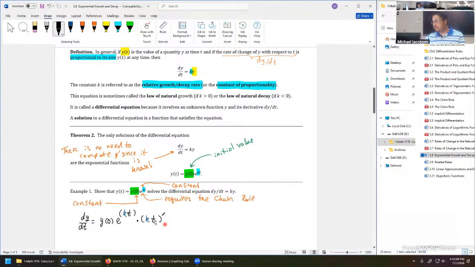Now, one last derivative to take. But when we go to differentiate here, k times t is like 5 times t or 2 times t. When you take the derivative of 2 times t, you just get 2. K is a constant, just like 2. It's just an unknown constant. But the derivative of this will just be k, because t is to a power 1.